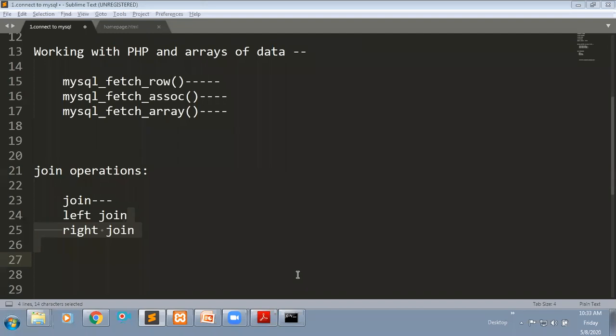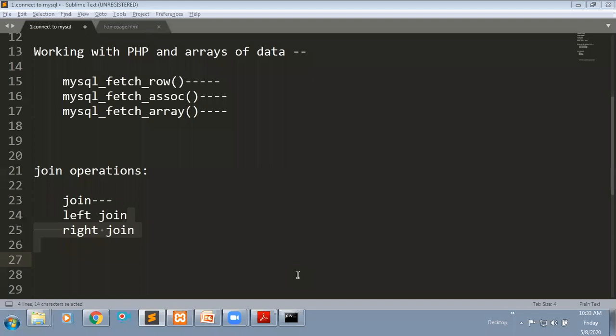From the last three or four classes onwards, we have been seeing our fifth unit topics. It's totally related to the MySQL database. While we are developing any web pages, if you need to save your data, you can directly connect to your MySQL database and save your data within it. We saw how we can connect with your MySQL database.